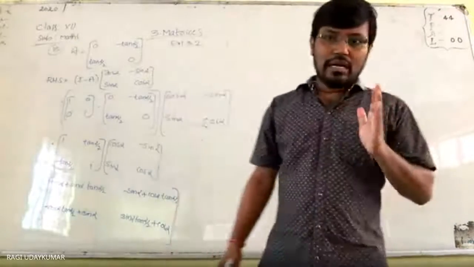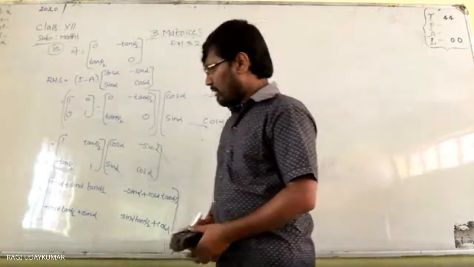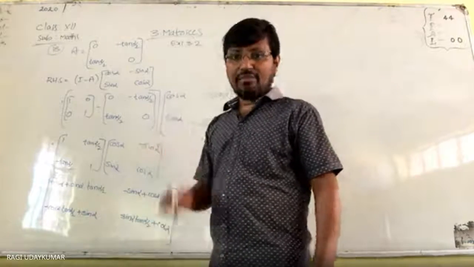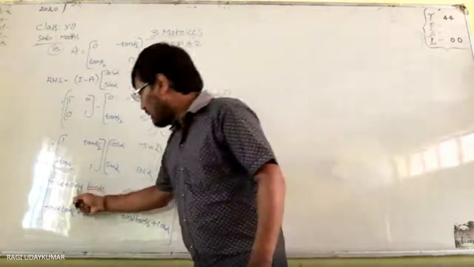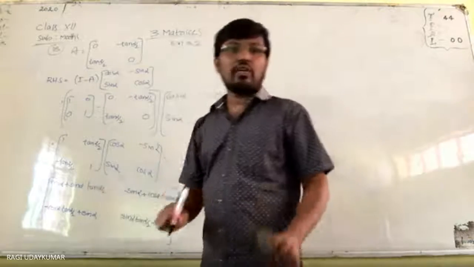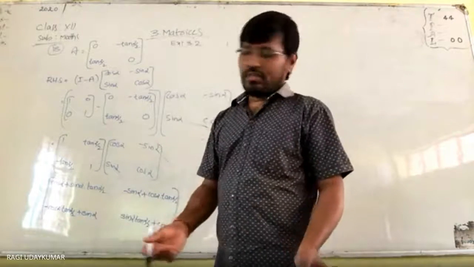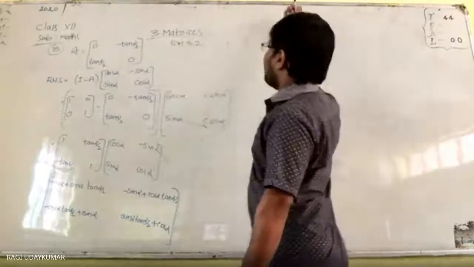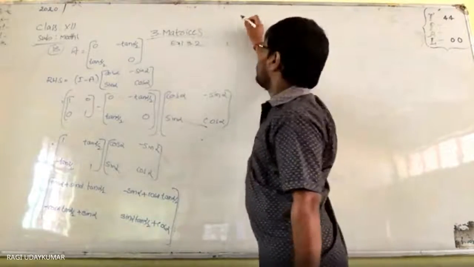Every trigonometric identity should be converted. This cos alpha has to be converted into alpha by 2, sin alpha into alpha by 2, and tan alpha by 2 is as it is alpha by 2. So as this is alpha by 2, these two have to be converted. So what you have, the identities, you try to recall that.